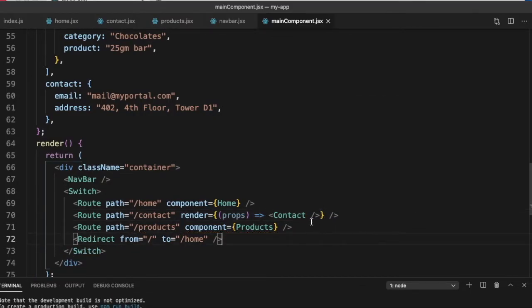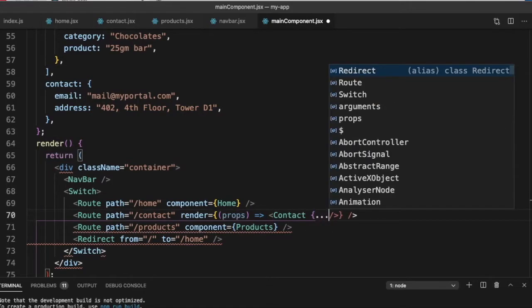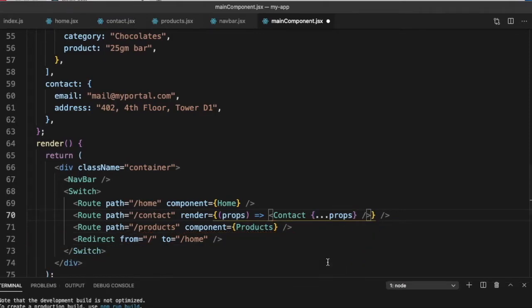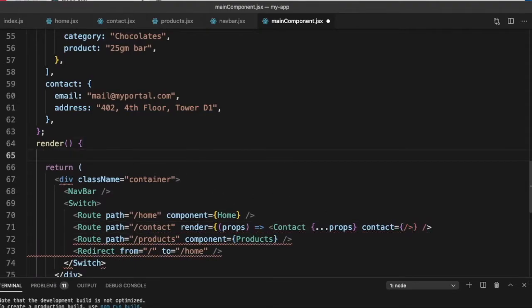So now what are the things we need to do in contact? First, we will need to spread our props like we discussed so that these props are available. If we don't spread these props, then we will not get the match, history, and location. So always remember to do it. We also need to pass our contact. So let me just say contact is equal to, and let me destructure them.